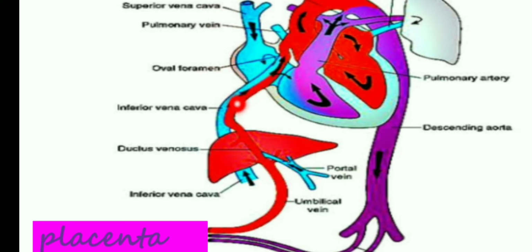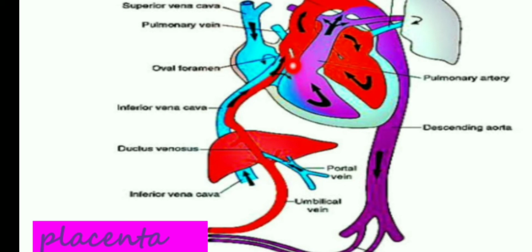The inferior vena cava, shown in blue here, also contains deoxygenated blood, which comes from the lower part of the body and enters the right atrium. So there is a mixing of blood, with a reduction of the oxygen saturation. Both oxygenated and deoxygenated blood enter the right atrium, so some reduction of saturation happens.